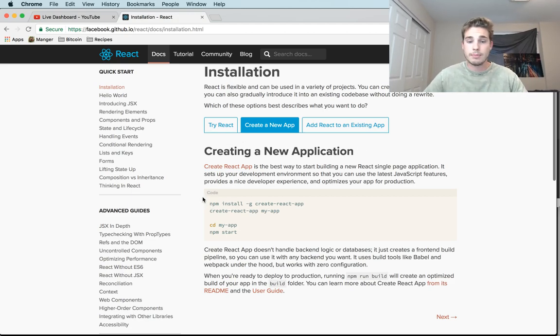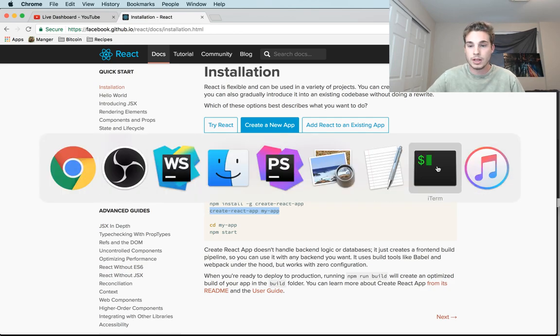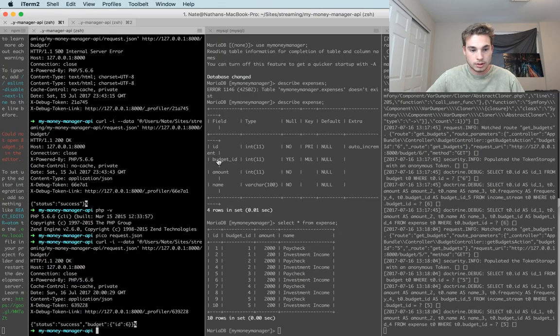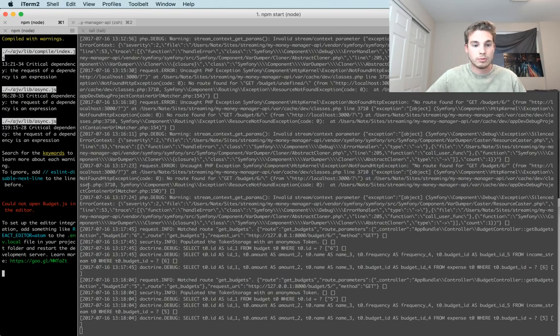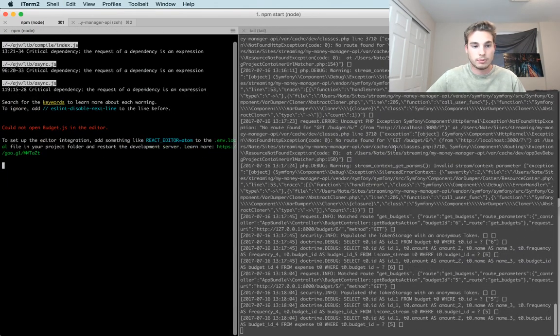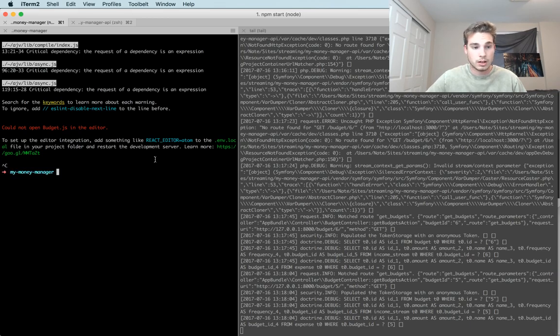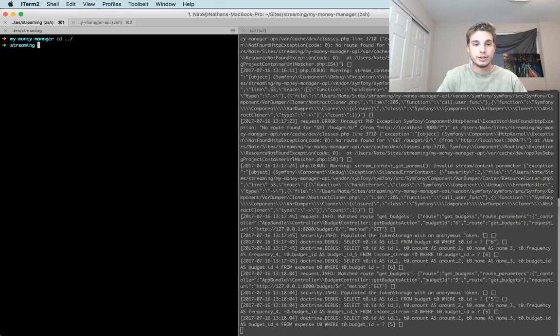All we have to do is use npm to install this Create React App program, and then we'd call Create React App and then the name of the app that we want to create. So I'm going to copy this command here. I've already run this npm install -g create-react-app. I'm going to head over to my iTerm window here. This is a Unix terminal. I'm running Mac right now. And we're just going to create a new project called My Money Manager